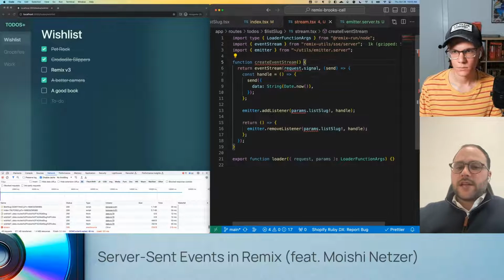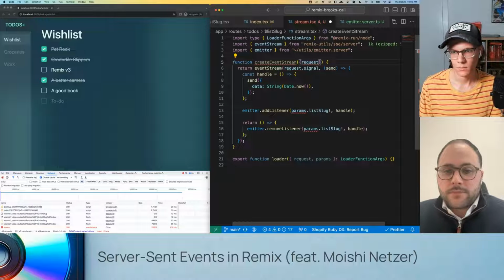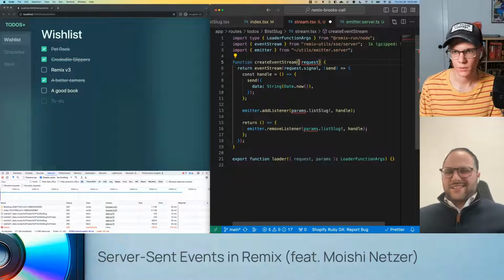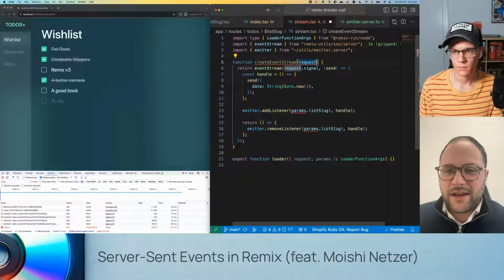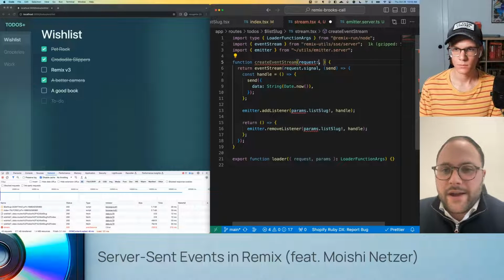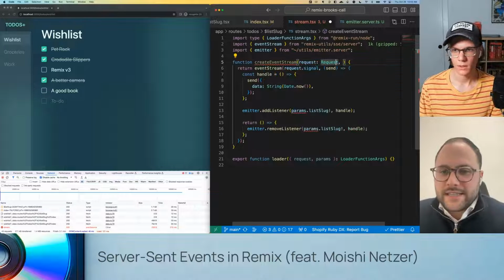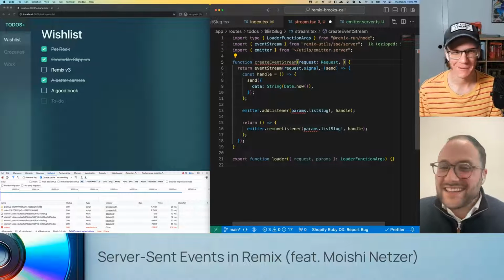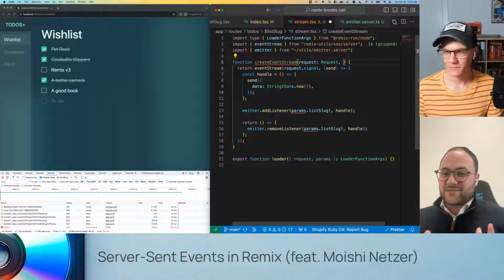We need the request. So let's take that as part of the parameters. I would just do it as the first one. You don't want to destructure it. That's fine, but it's just easier that way, I think. And that's just going to be a native request, right? We can type that as a regular Request. I always like when we're using the web fundamentals, I love the web APIs. This is the basics of the web APIs.